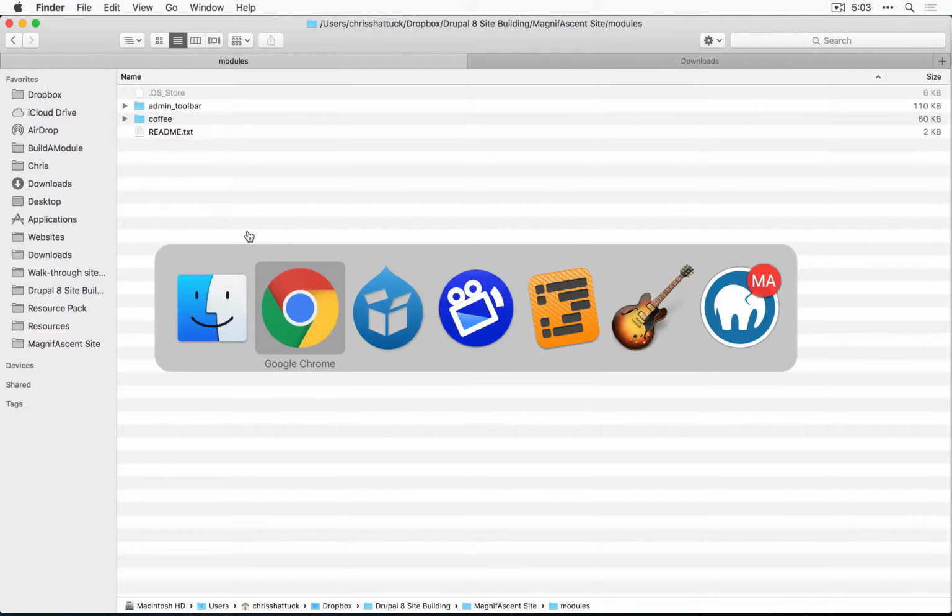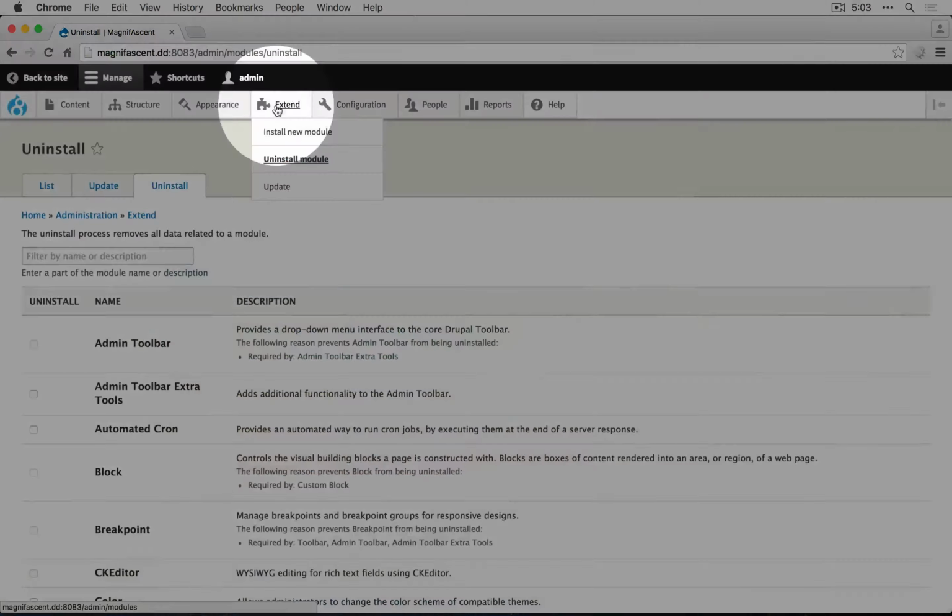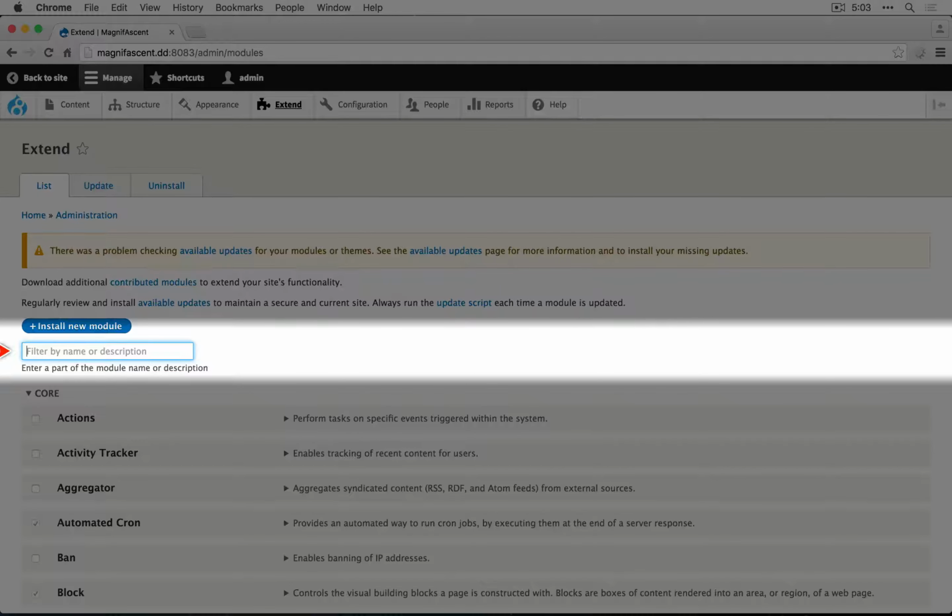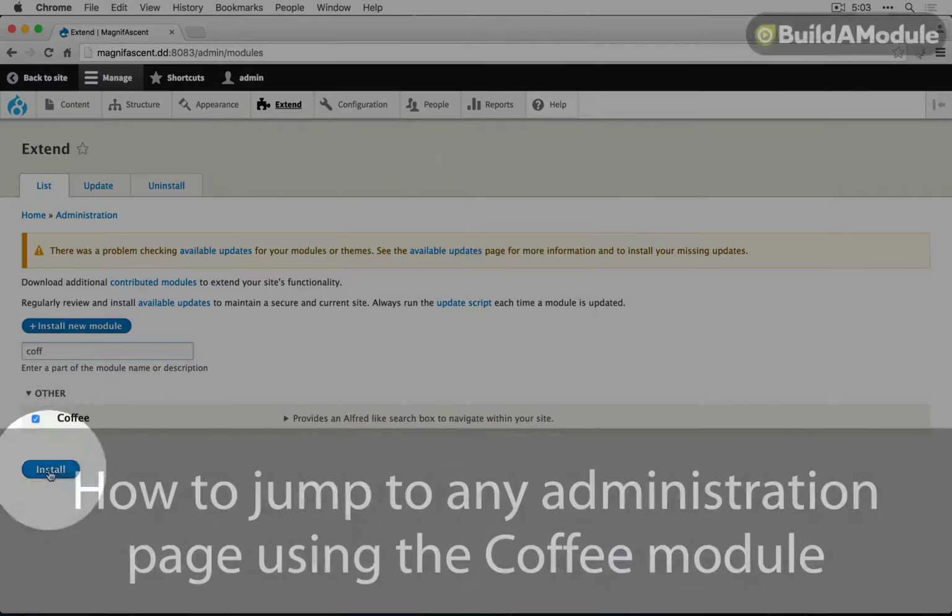Now to enable it, we're going to go to our site. We'll go to extend. We'll do a search here for coffee, enable it, click install,